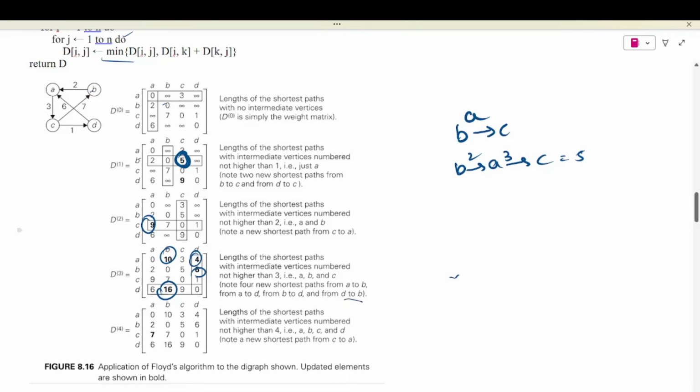D to B, right? And the new shortest path from A to B, from A to D, from B to D, and from D to B. Okay, see, D to B, if you go through C, you cannot. So you can do as,